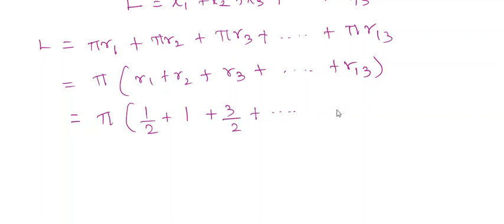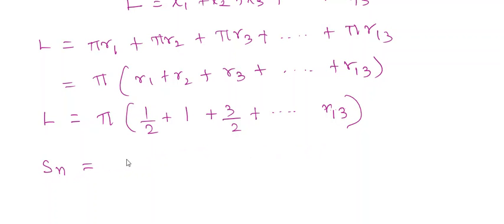It is not given at the end, so we do not know what is the final value. So R13, we do not know. So that is the total length. Are you able to understand? Right. Now it is asked, that is the 13th one. So we can apply the formula, the last one, that is 13 semicircles, length we want to know.